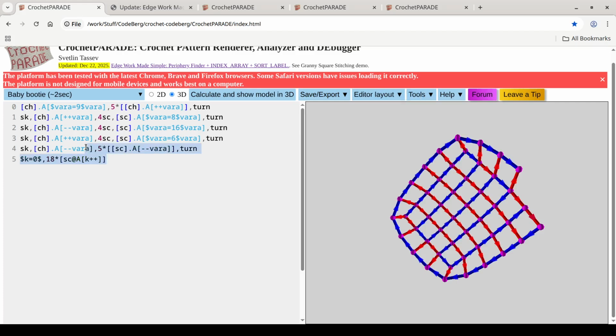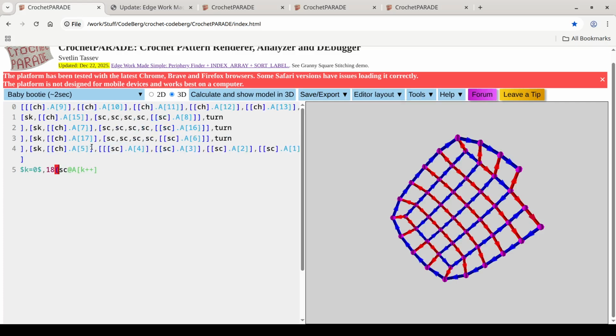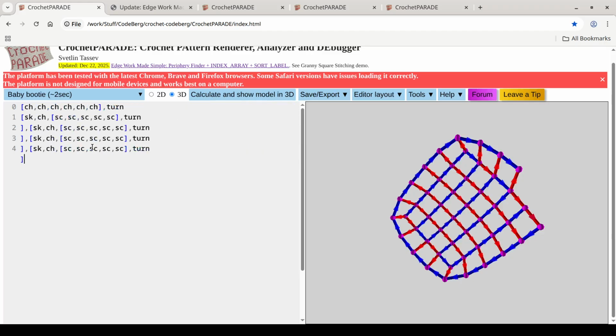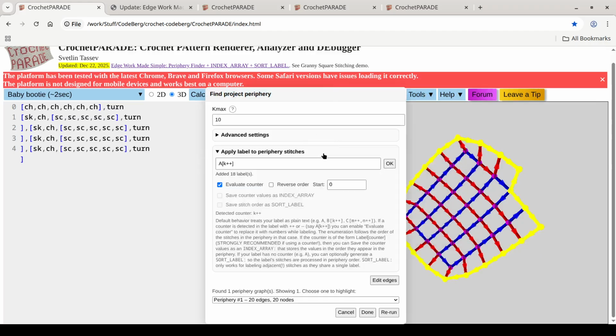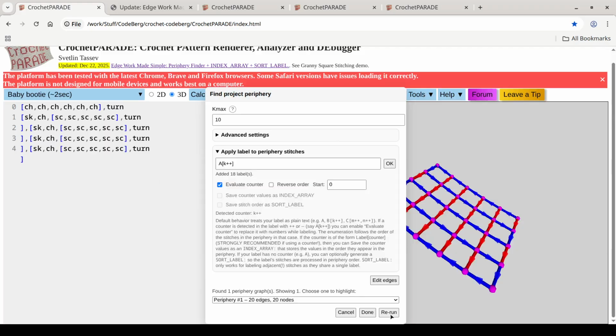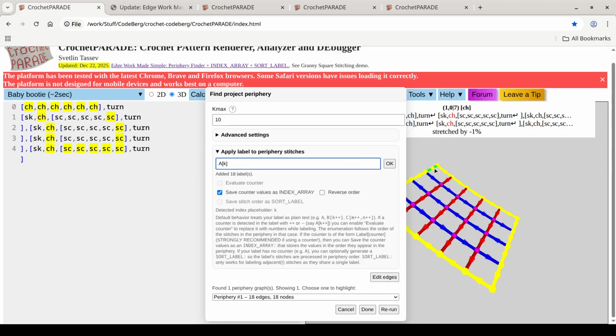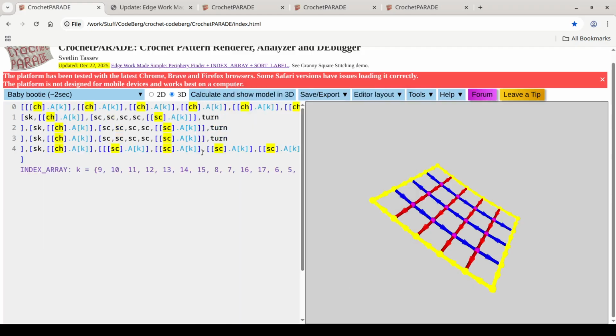So instead of doing that, I'm going to go back. Oh boy. Try it again. Rerun. There you go. An index array, which does the same as what we did earlier, except now the key values are drawn from this array here of indices. So this is a 9, this is a 10. Okay, so it's exactly the same as before, so we could do the same thing as 18 times single crochet